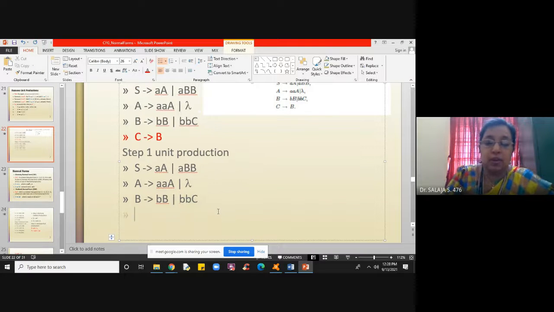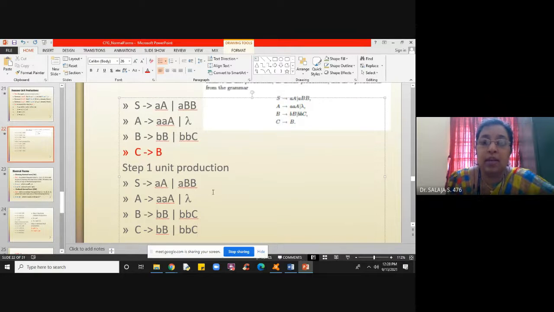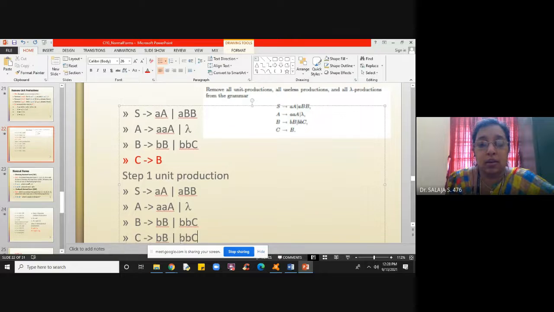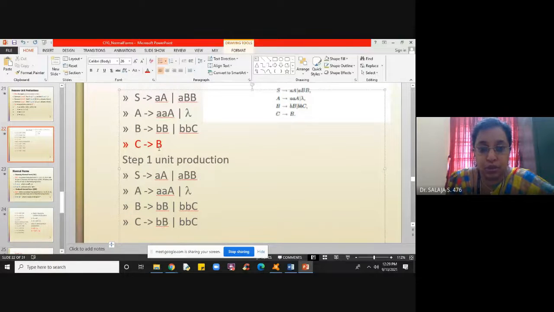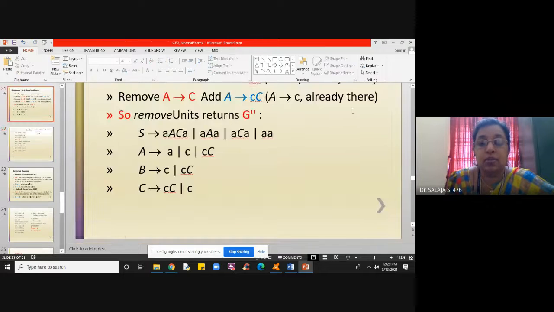The last one will say C produces BB or BBC. Fine. So step 1, you have removed the unit production. You have identified the unit production saying C produces B, and then you have removed it by substituting B's alternatives, or B's right hand side, in the place of B. Now the next step is to